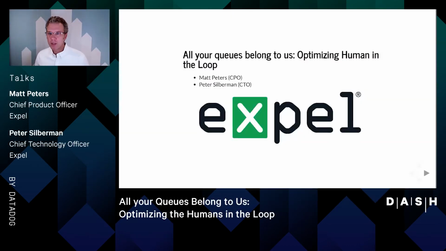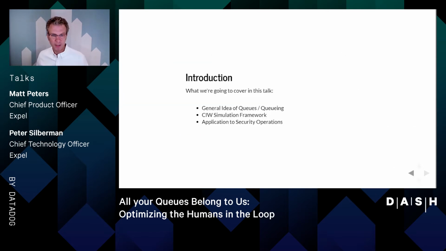We're going to be talking a little bit about optimization and queuing theory as it applies to security operations. So in the talk, what we're going to talk about is a general idea of queues and queuing. So how does queuing theory work? What's the math behind this stuff? We're going to talk a little bit about a simulation framework that we've used to actually simulate our SOC operations here at Expel, and then actually make incremental changes and show the application of certain optimizations we can